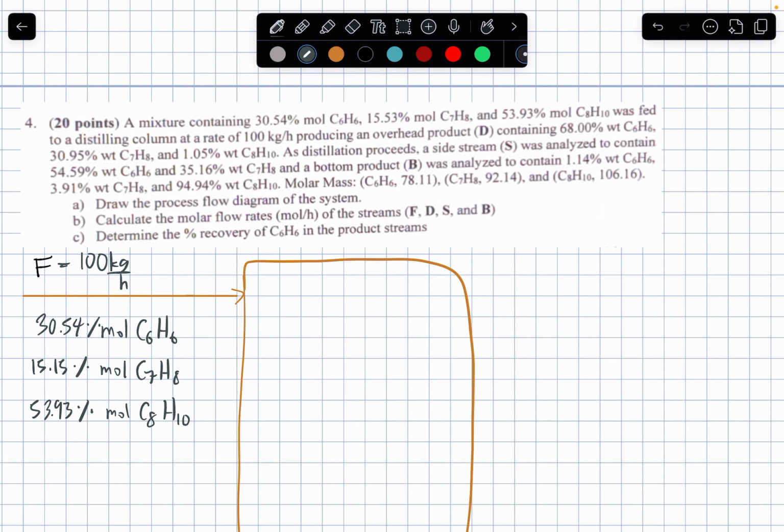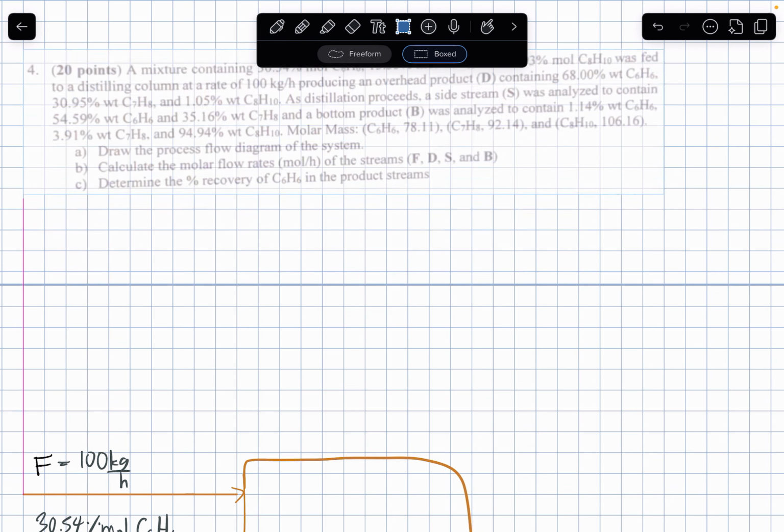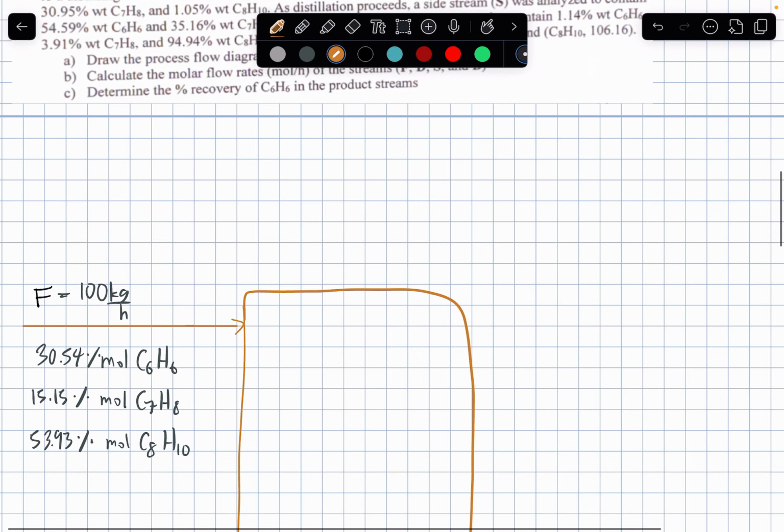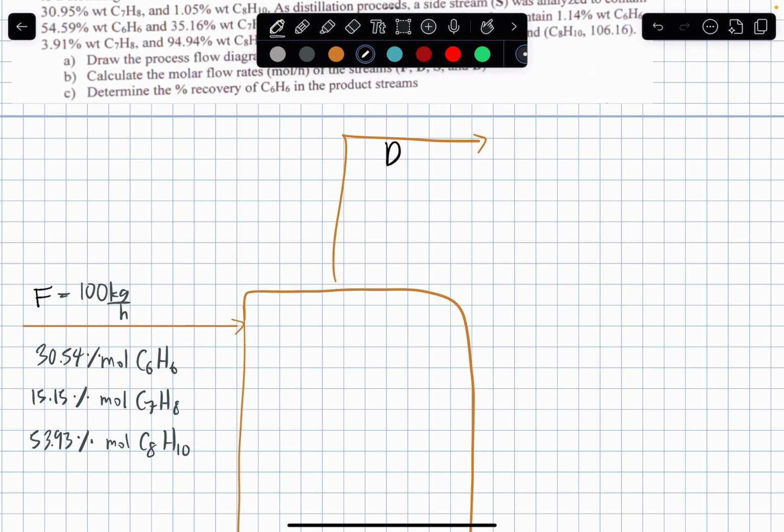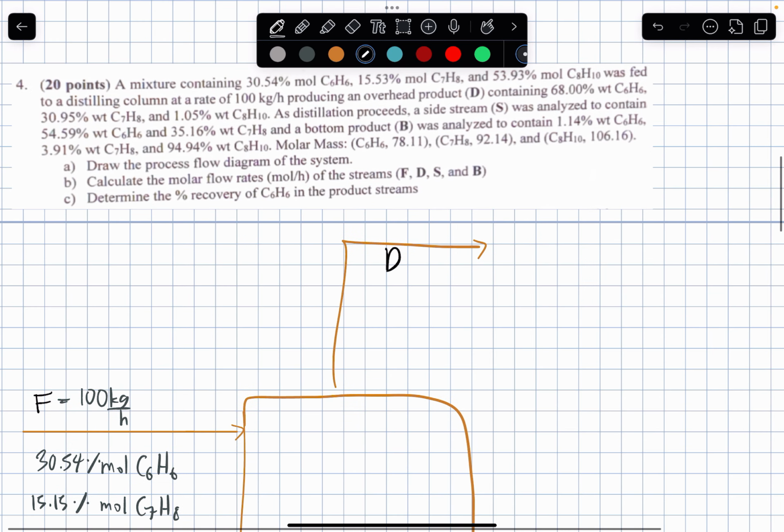That is our basis. We have our distillate, the overhead product. This is 68% weight,